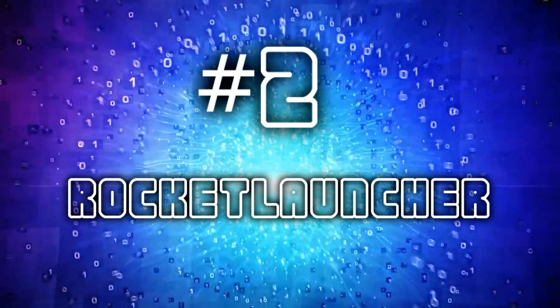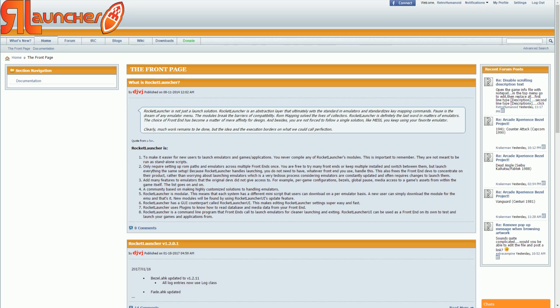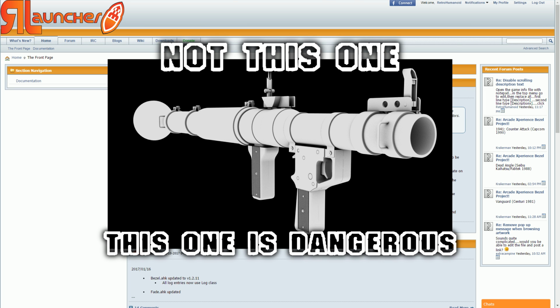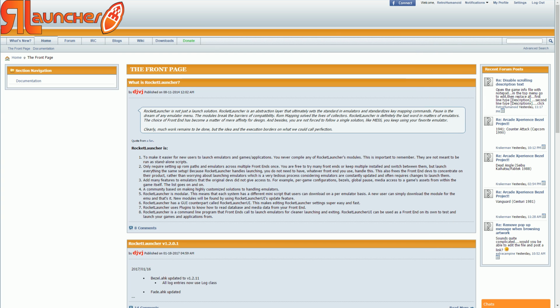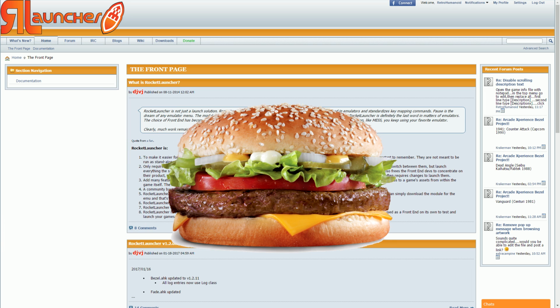Number 2. Rocket Launcher. Now, you didn't honestly expect me to make a top 10 programs list and not include Rocket Launcher. Come on, you must be new here. You don't need Rocket Launcher to play your games or even launch your games, as most front ends do this for you. But what Rocket Launcher does do is take your already beefy front end and wraps it up in